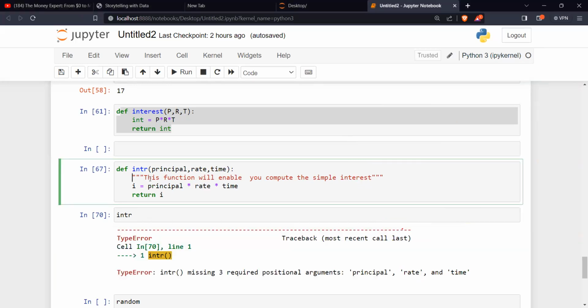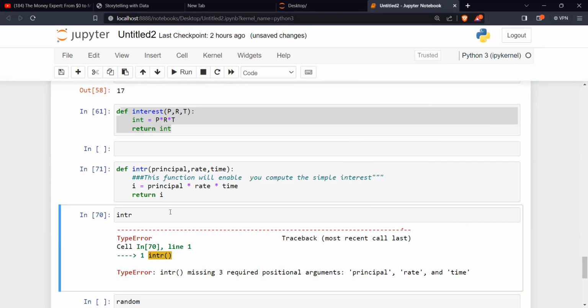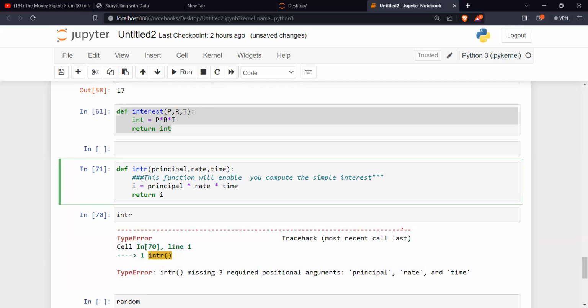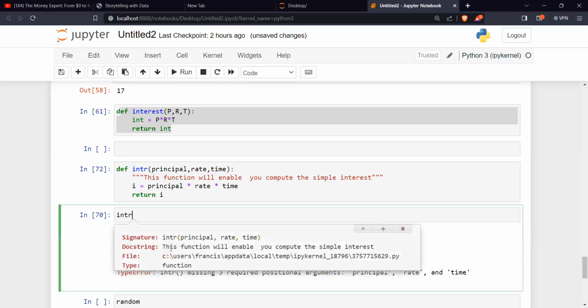So if you want to put a comment there, let me put this out. If I had put a comment there, I just put hash there, right? And I run it. If I put shift tab here now, can you see there's no doc string there? You see that? Okay. No doc string. But if I put it in the doc string now, and run it, when I want to document and check what is done, it will tell me what is there. That's the essence of it.